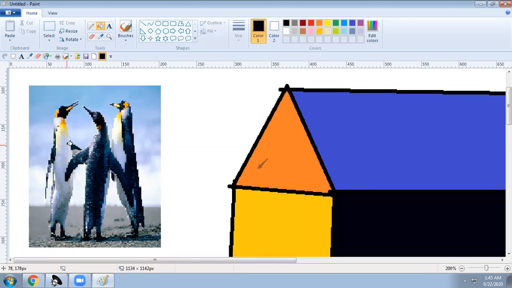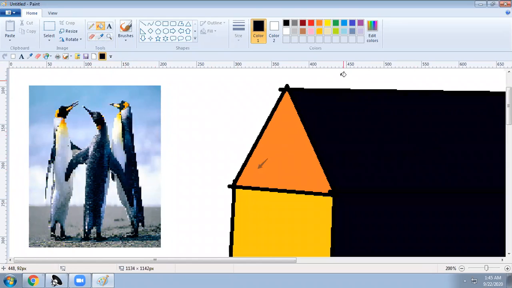Or if I want this color, I will take like this. Yellowish black. So these are the pictures I can also edit here. If you want to save, you can save this picture.